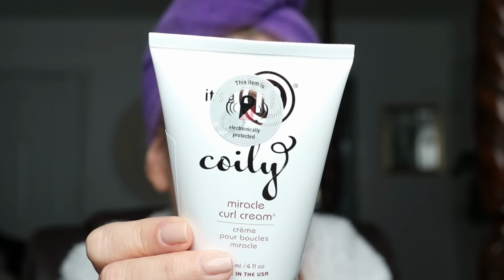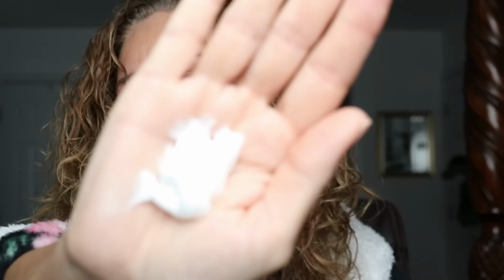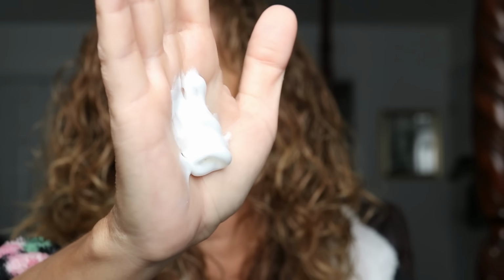I want to review a product today. This is from 10, and it's a Miracle Curl Cream. It's for coily hair, it says. Now, this wasn't cheap, okay? I got it at CVS, and it's funny because I didn't get a chance to do this review. I got it last week sometime,